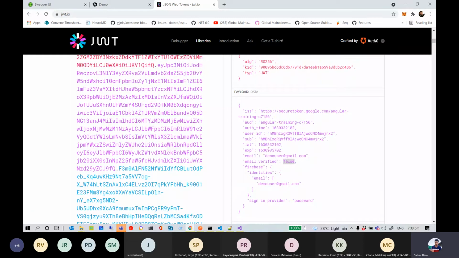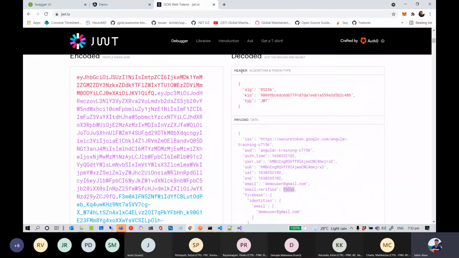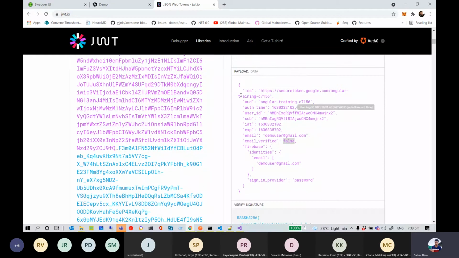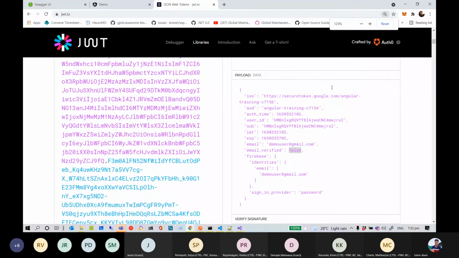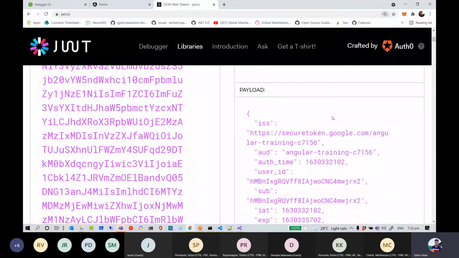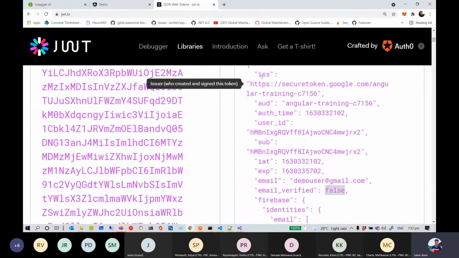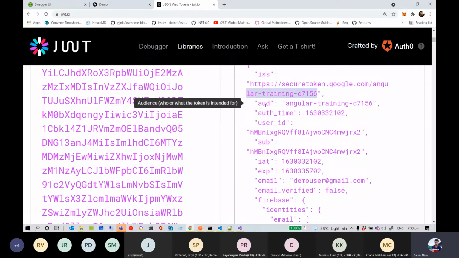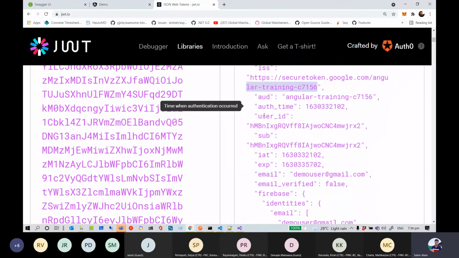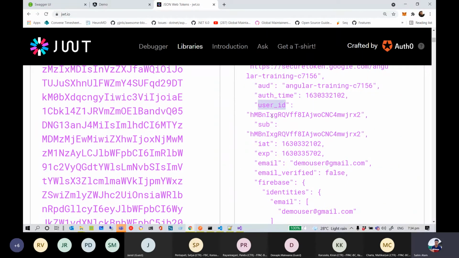So coming to the token's content itself. All JWT tokens will have a header, and then a payload. To look at the payload first, it's sending me the issuer ID. So it's saying that Google is the issuer for this particular project. Here I have created a project, Angular. The audience is my project. Then it sends the authentication time in epoch, and then it gives me a user ID. If you look,